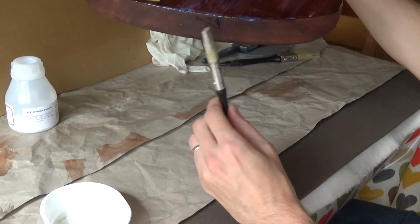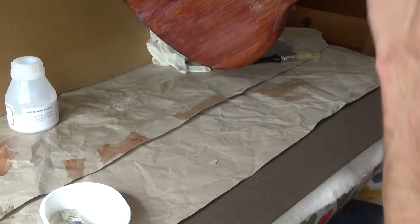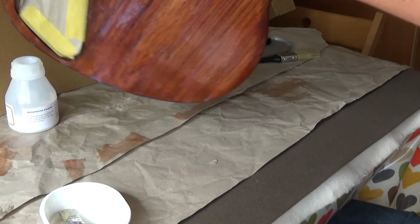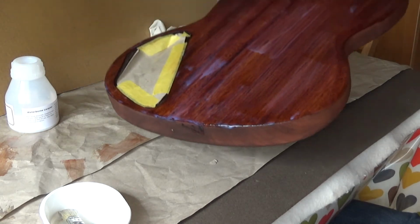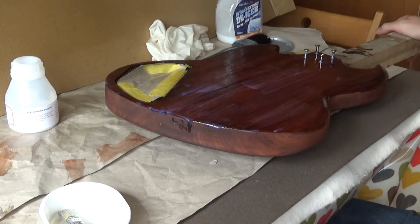Yeah, well, you couldn't see that there was a drip coming down there, so that's all good. There's nothing I can see that looks too terrible, so I'll get this hung up again. Yeah, the neck,